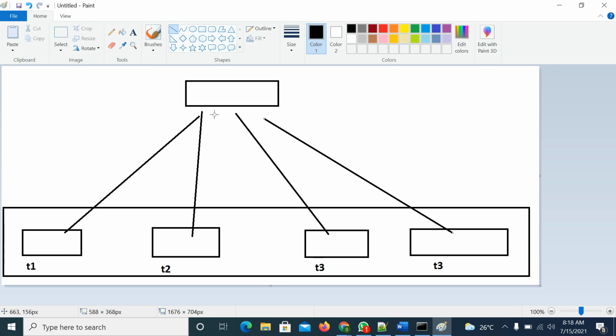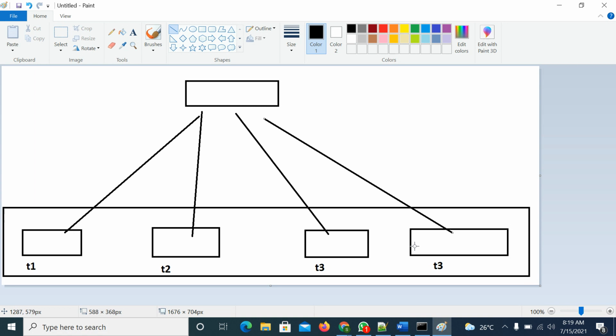So if the first thread updates this data, the data may be reflected to the second, maybe to the third, and maybe to the fourth. If the fourth updates it, maybe it will reflect to the first. Suppose there is a bank account, and these threads are updating the data from different branches. This is the Hyderabad branch, meaning Kukatpally branch, then Pragati Nagar branch, LB Nagar branch, like that. All these are different branches of SBI, and this is a server. Consider this is the State Bank server, and all these are branches.